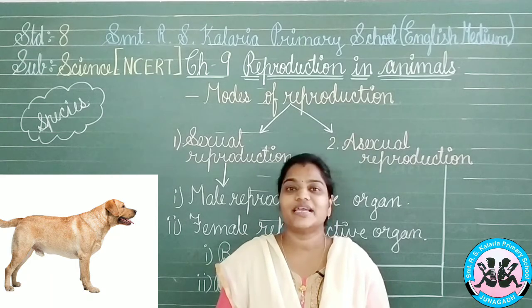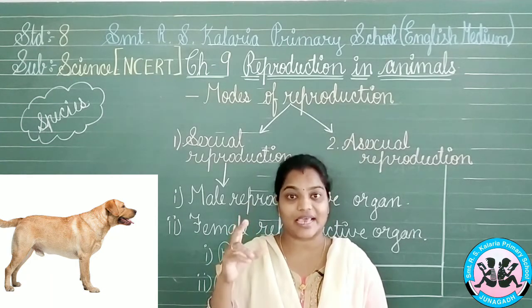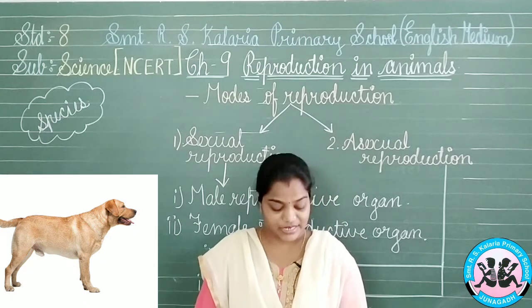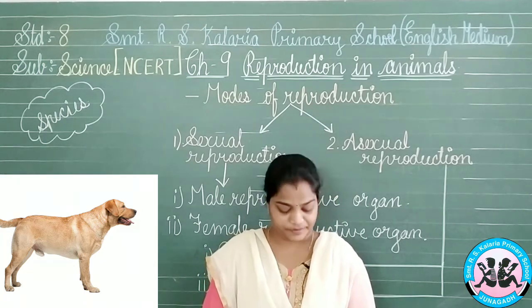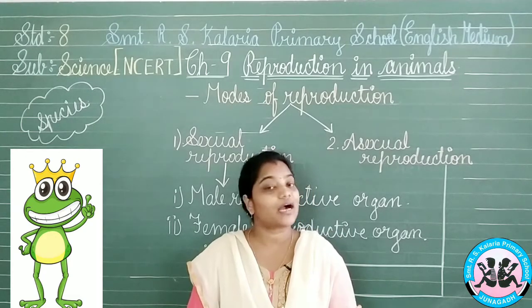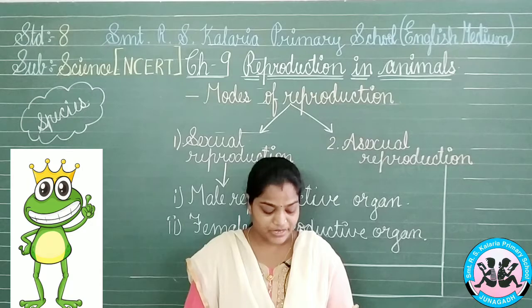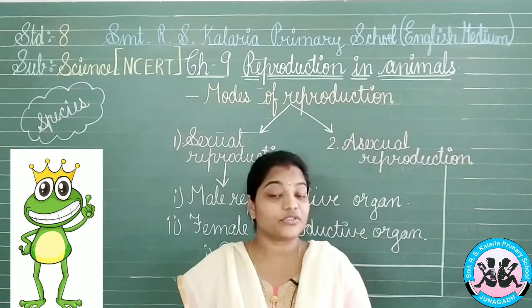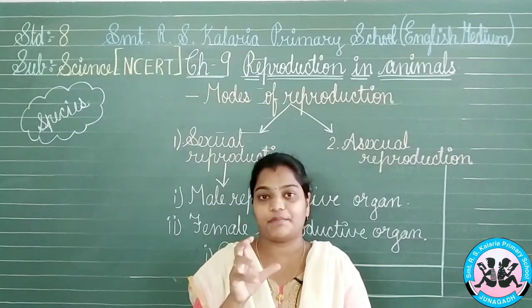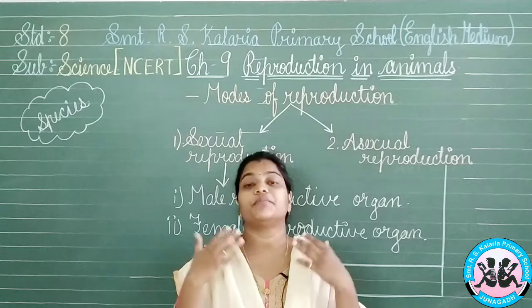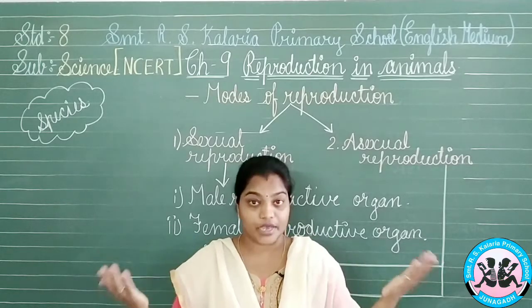Next is the hen. What does the hen give? It will be laying an egg, but inside it will be a chicken. So, here we have the chick that is coming out from the egg of the hen. Next is the cow. What will be given by the cow? It is the calf that is being given by the cow. Next we have the frog. Now, the frog will be giving tadpoles. So, these are some of the examples that we can have from nature, that is the animals which will be producing and giving out the young ones.